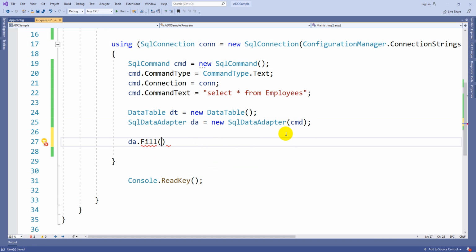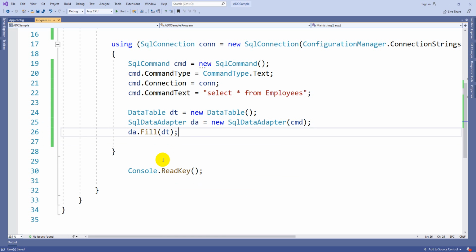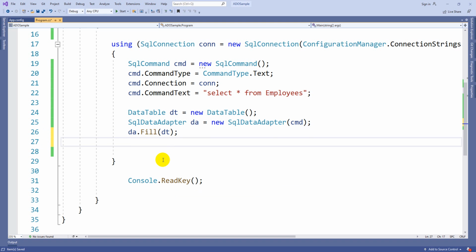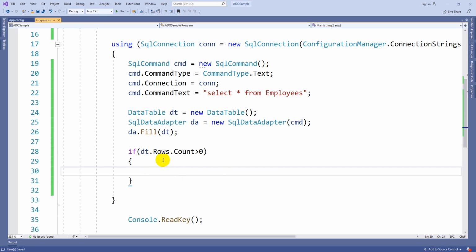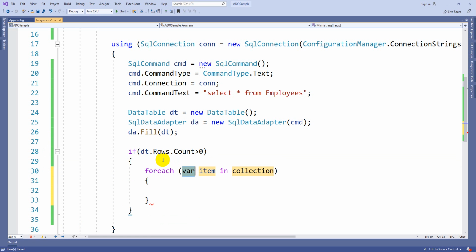So whatever the data that is coming through the data adapter, we are going to save it in data table DT. That's it. And guys, one more advantage of using the SQL data adapter is you no need to open the connection, you no need to close the connection also. That is going to invoke the SQL connection automatically while we are executing. So here, if dt dot rows dot count greater than 0, if data table contains at least one row, then